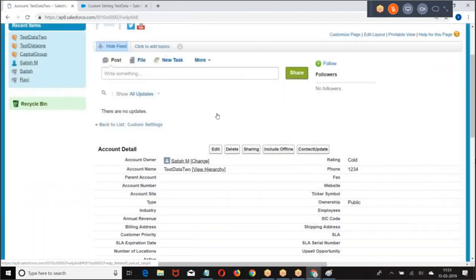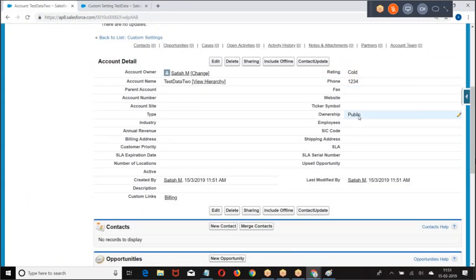Then what happened? Look at this code. So without modifying the code, we can block the execution of a code for a particular user or a particular profile by using what? Hierarchical custom setting. I have created a hierarchical custom setting. I set flag equal to true for everyone. For system administrator profile, flag equal to false. In the trigger, I wrote a logic: if that is true, run this logic.